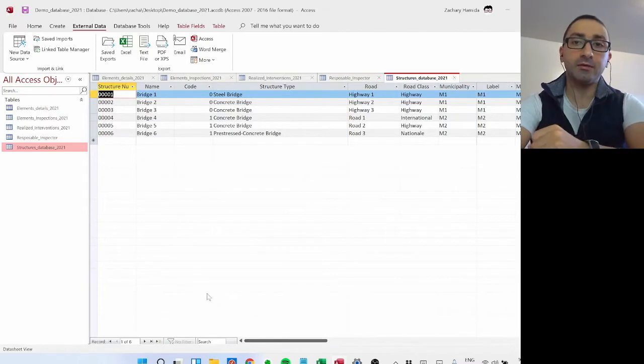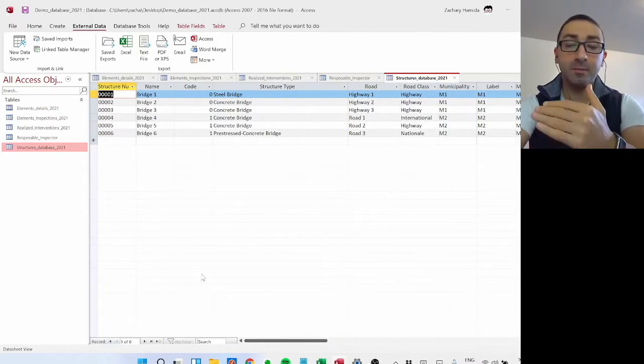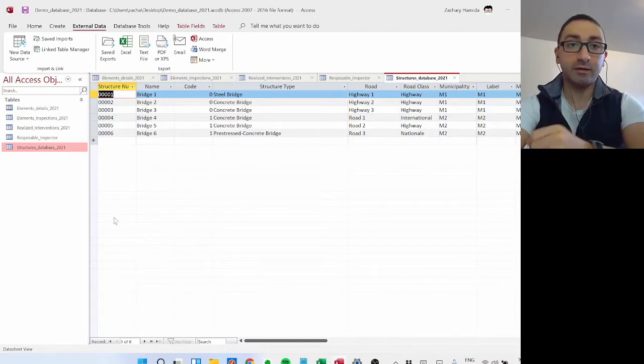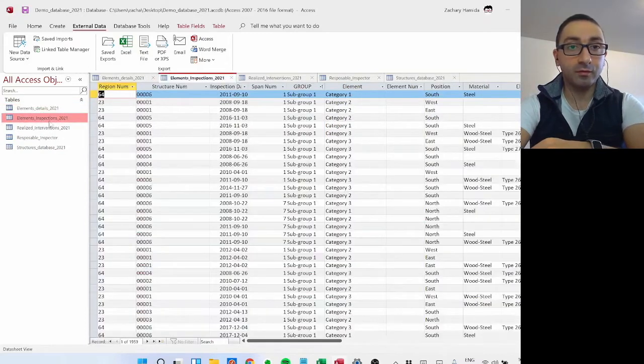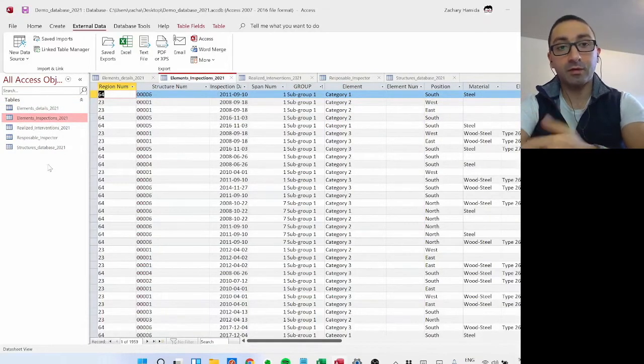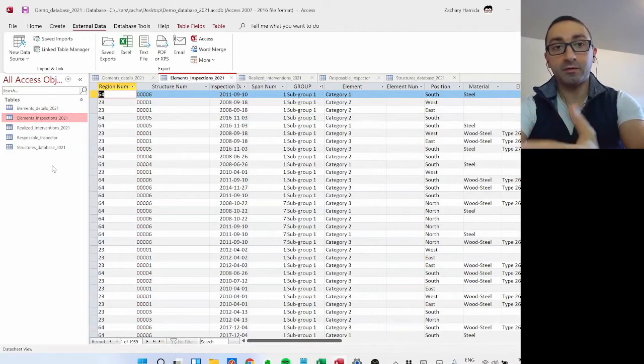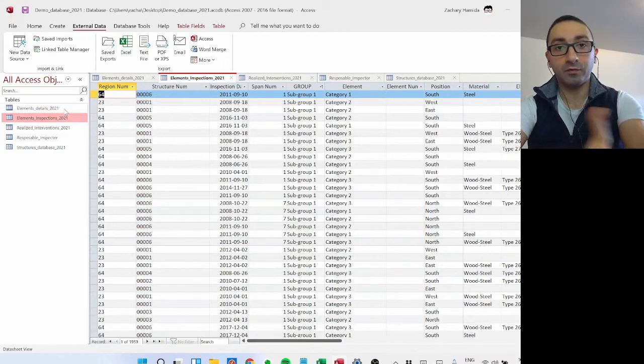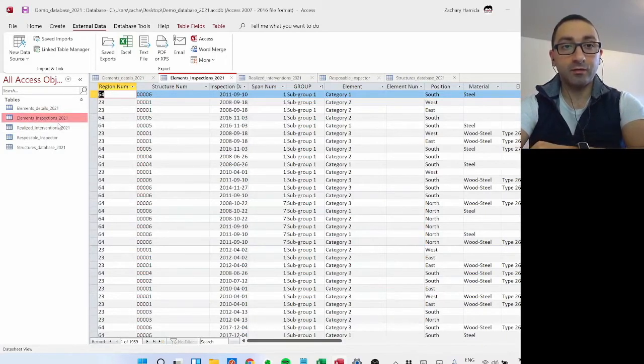Now, in reality, real databases are much larger, with millions of rows, but for demonstration purposes we have a small database. Right now, I'm going to demonstrate how we can extract one of these tables to a .csv file. We have to extract all of them to CSV, but for the sake of this demo, we'll show one case. For the table element inspections, if I want to extract it to .csv, I would go to